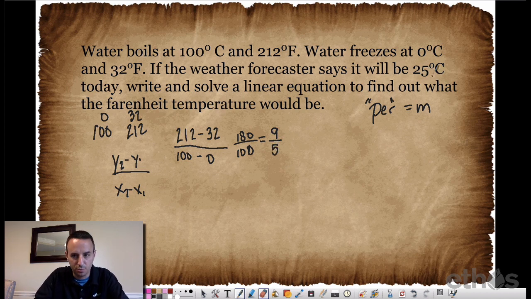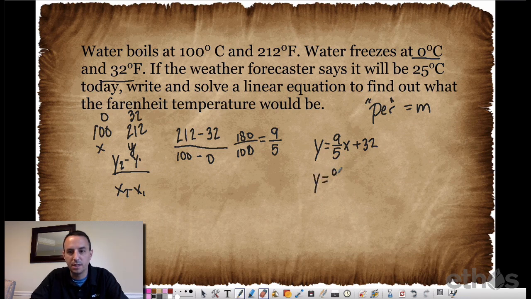Now, if I have a new point, a new temperature, and so that's x and this is y. If I know it's 25 degrees Celsius, I go, oh, okay. So y is equal to 9/5 of whatever the Celsius temperature is. And then over here, this gives us our starting point. If x is 0, there's my y-intercept, plus 32. So I plug in my information. y is equal to 9 over 5